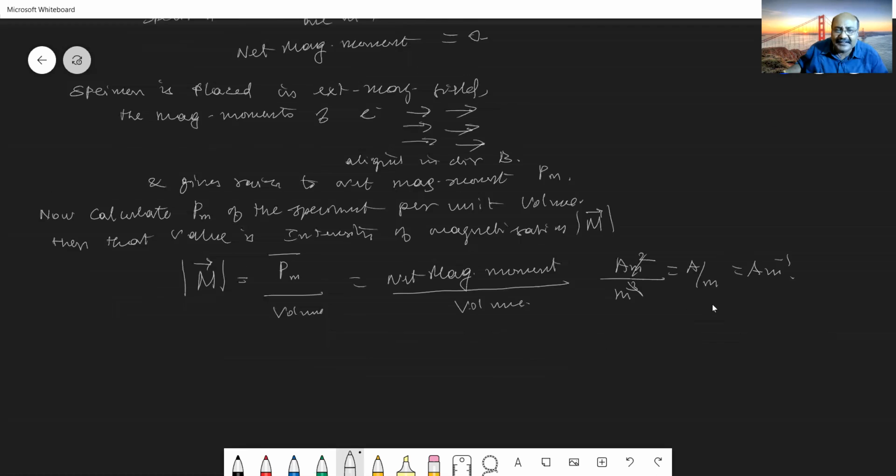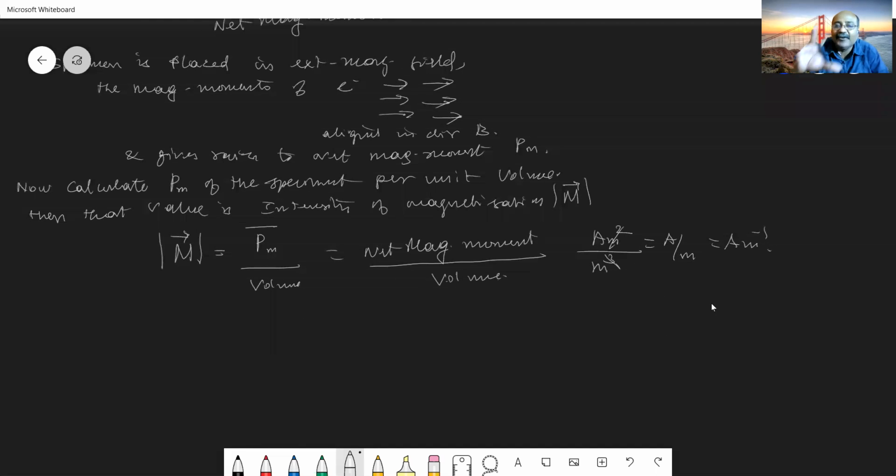See, for example, this is a general formula that I have derived here. If I take an example, a specimen, that specimen is a magnet having the south pole and the north pole at two ends. Let 2L be the length of the magnet or that magnetic material, A be the area of cross section, and QM be the pole strength that was induced due to the applied magnetizing field. Then how can I get the intensity of magnetization?